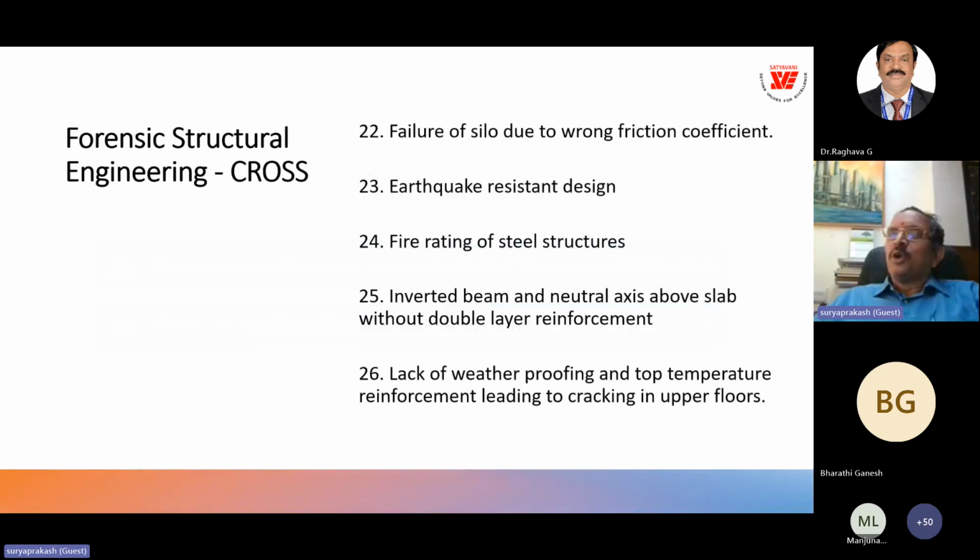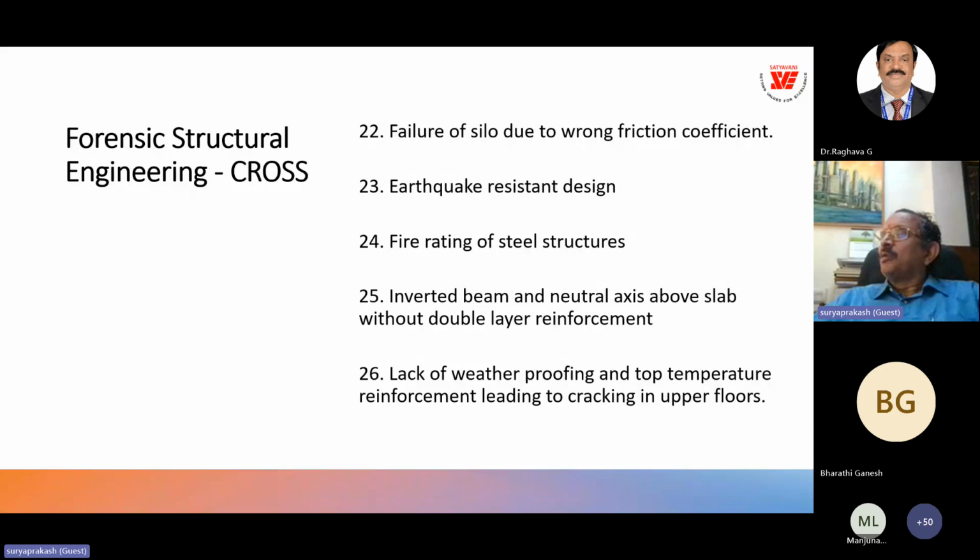Please don't mind, I will go a little faster to cover my time. I have to finish all these cases in 45 minutes. Failure of silo due to wrong friction coefficient. Very interesting. Earthquake resistant design, fire rating of steel structures, inverted beam and neutral axis above the slab without double